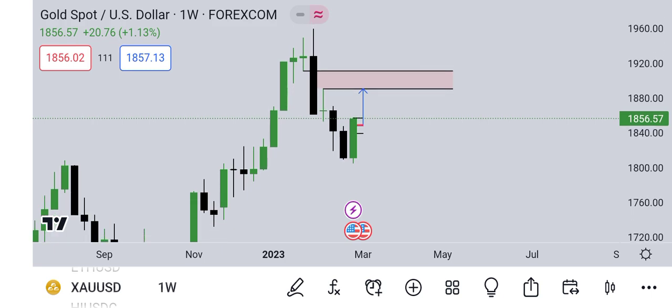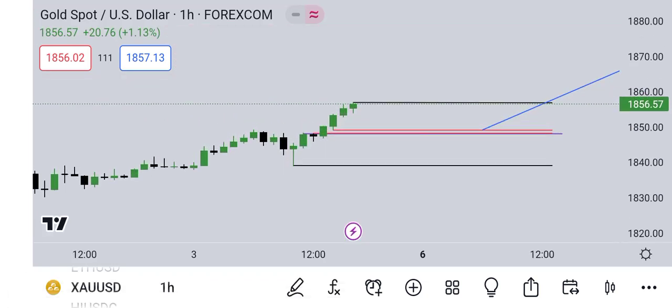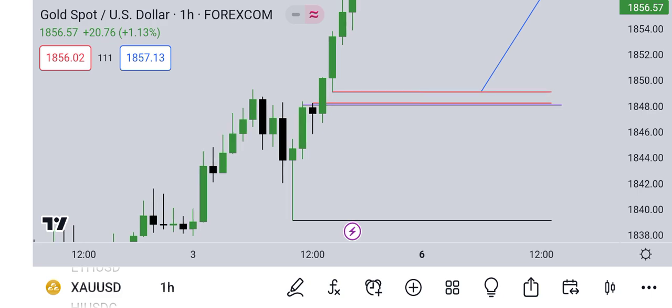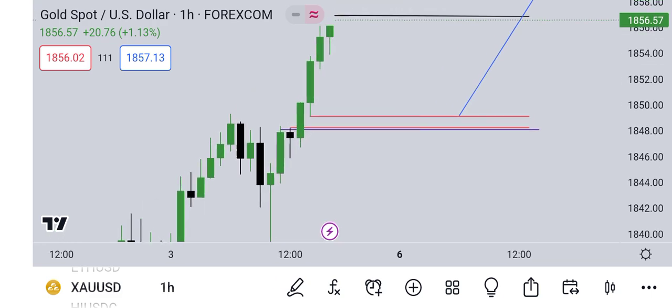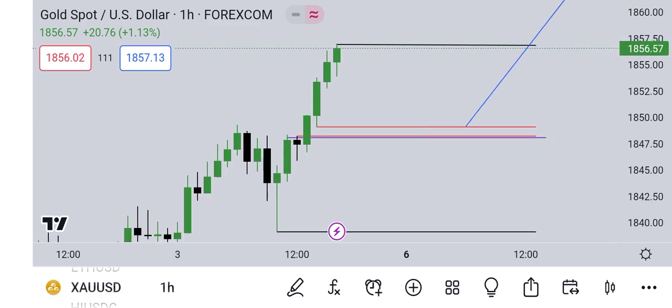But that is not what I'm expecting. I don't believe the market will just open and keep going up. I believe the market will come to this 1 hour fair value gap, which also flushes with the equilibrium price of the New York range on Friday. That's what I believe is the high probability scenario. That's what I believe is going to happen. So prepare your mind.